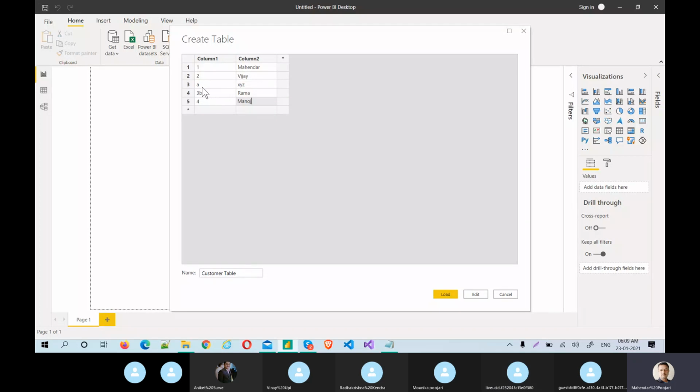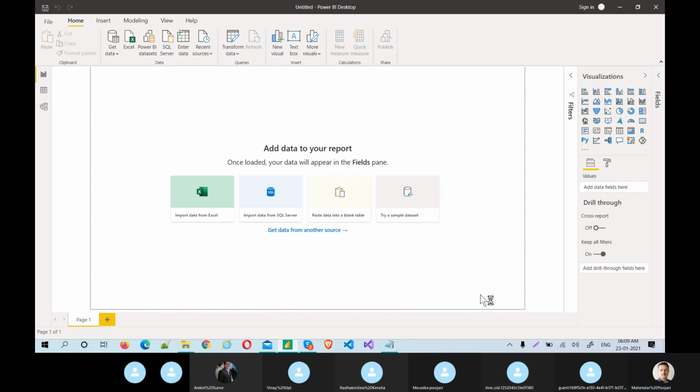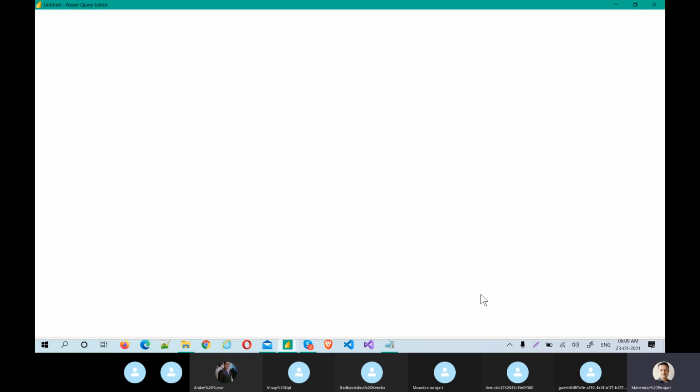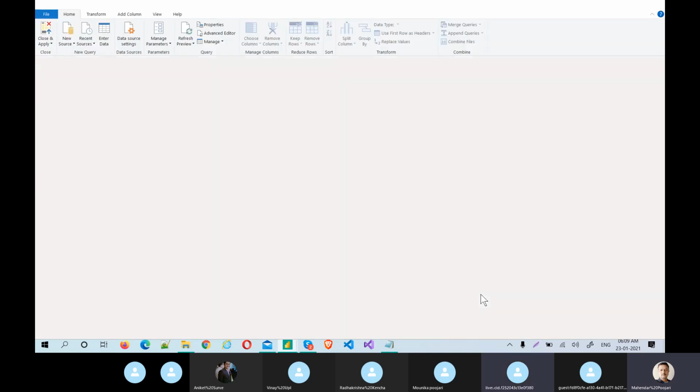Five records we have. Now I'll show you how these records will be errored out and how I can fetch them. See, obviously, if I change this column name, let's say I'm not giving any names. Anyway, you can give the name here also. ID and the name. So this is my table and I'm just editing it. Let me click on edit. So what it will do, it will come to the query editor.